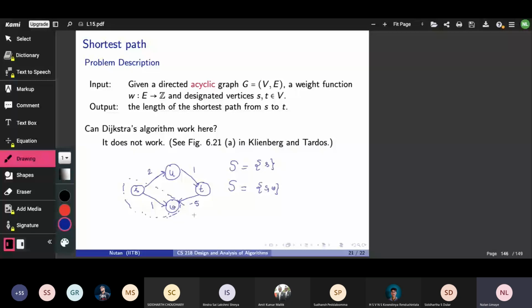So for example, I tell you that just update the weights of this graph to plus 10 on every edge. So I just add a fixed large number to the weights of all the edges. Okay. So that's a good hack, right? Because now look at all the weights. So this weight now has become 12. This has become 11. This has become 5. And this has become 11.